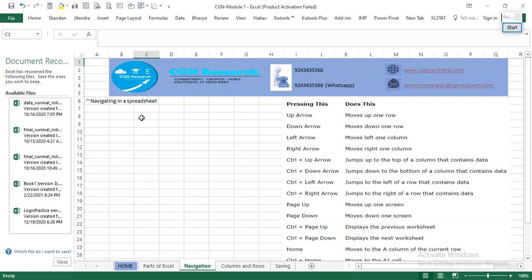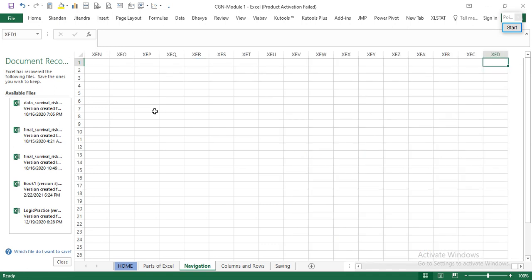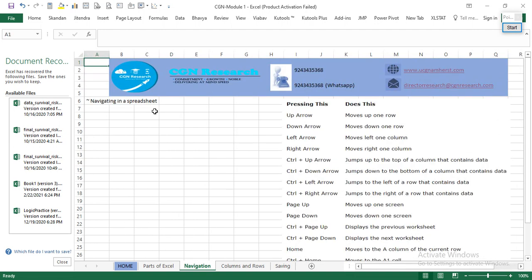And then if I say Control right, then it will go to the leftmost. It came here when I said Control and then put the left arrow key. If I put the right arrow key, it will go to the last cell that is there. So if I do this, it will come back. Similarly, I can do a Page Up.